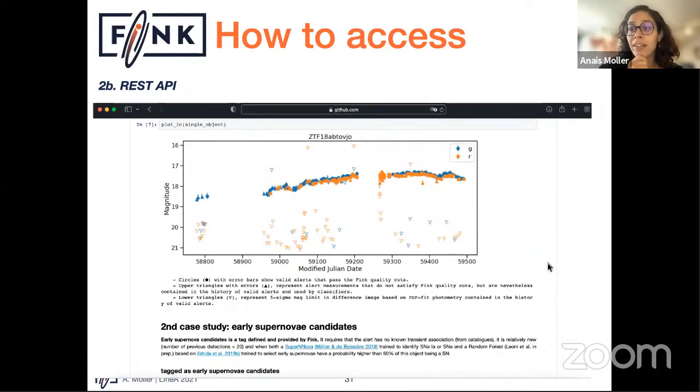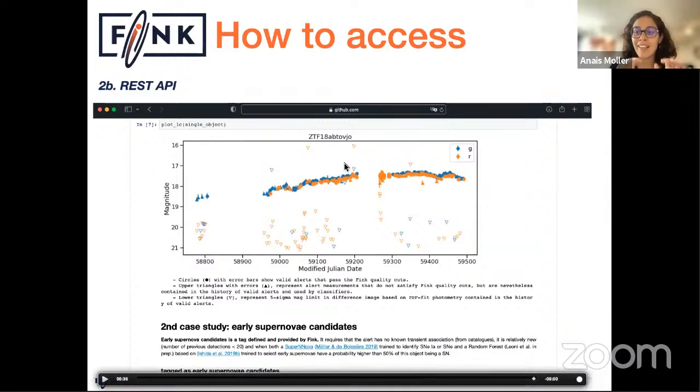One of the things that we recently did, and I didn't put it in the presentation, is that you can actually query Fink now through the address, like in the internet, instead of like making a physical query on the web page. This is a good way to link Fink to other web pages. So for example, if you're searching for alerts in a radius, this is a way to do it. Astro-COLIBRI uses it for this.